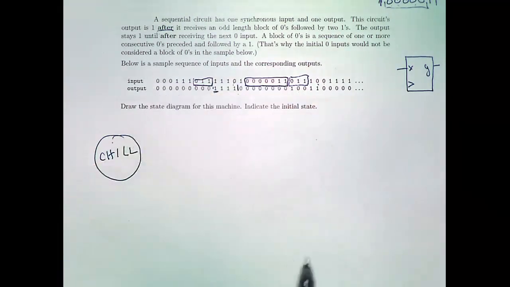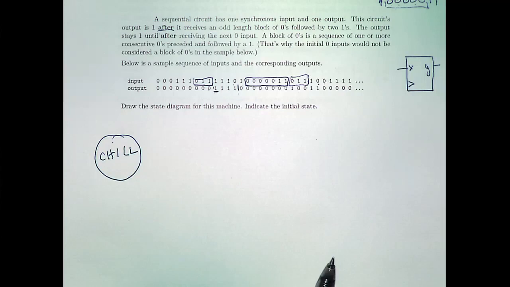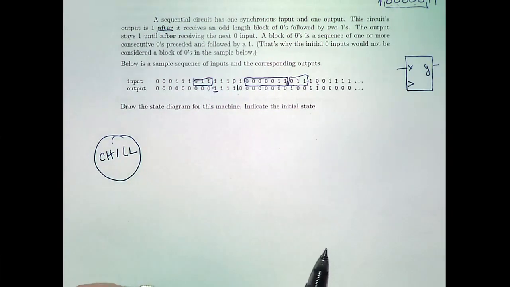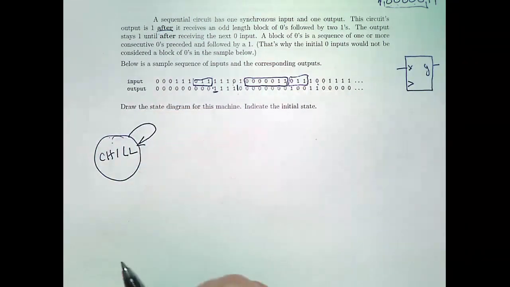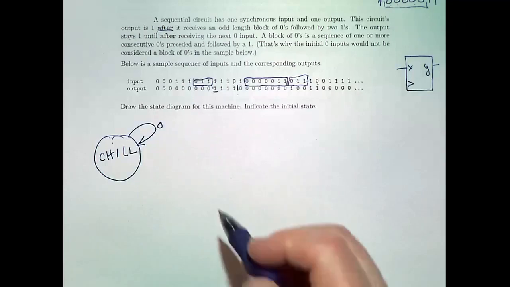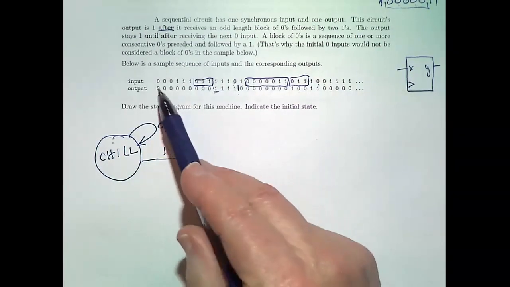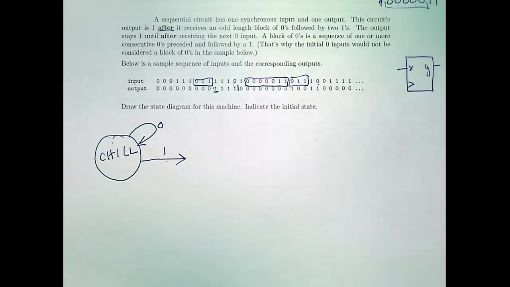Okay, all right, what happens here? What happens in the states? Jake, what happens? Nothing happens because we didn't connect the clock, I know. Okay, what happens, Giovanni? Stay in chill as if we receive zeros until we receive a 1, then we move to another. Okay, so in order to have a block of zeros, we first have to have a 1, right? This initial block of zeros doesn't count, so we're going to eat all the zeros at the beginning. Nothing will happen with them. Okay, we got a 1.